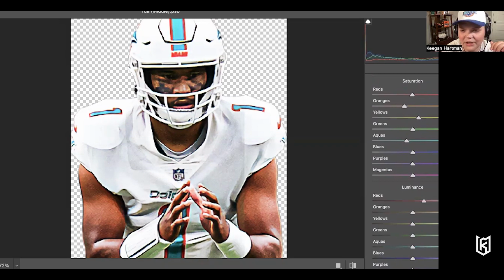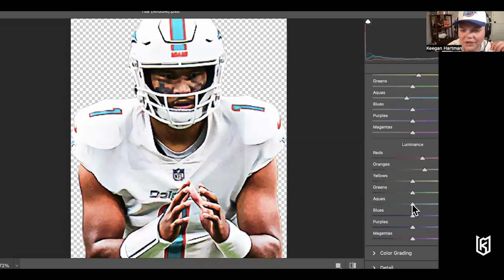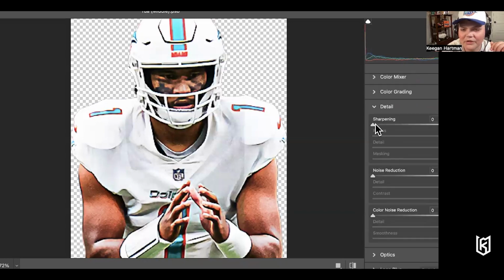Reds, bring that up just a little bit to +25. Oranges, 30 looks about good. And then aquas, not really noticing much of a difference with aquas, but blues, let's go ahead and bring those up just a bit to 30. And then over to detail, we're going to bring our sharpening up to 10, noise reduction up to about 30,